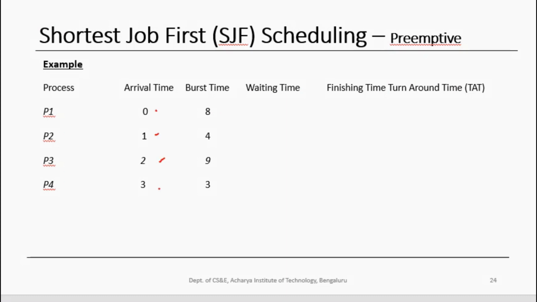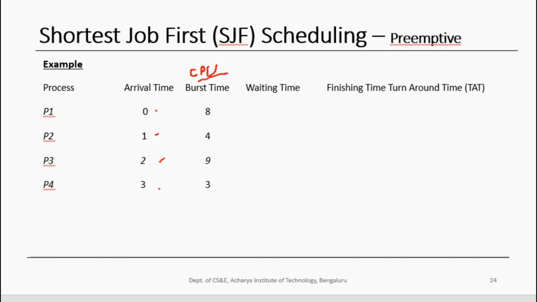Process P1 arrives into the ready queue at t is equal to 0, P2 at t is equal to 1, and so on. And we have also taken the next CPU burst time here. Now let's try to write the Gantt chart which shows the scheduling decisions made by shortest job first scheduling algorithm, and I will tell you why it is